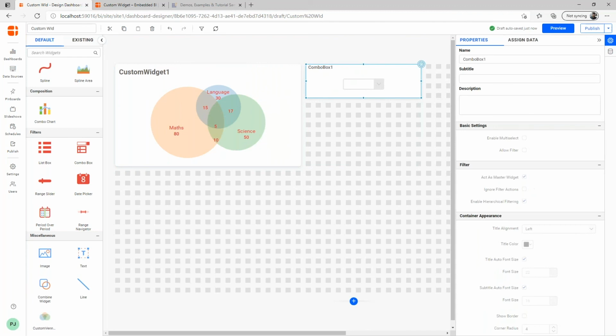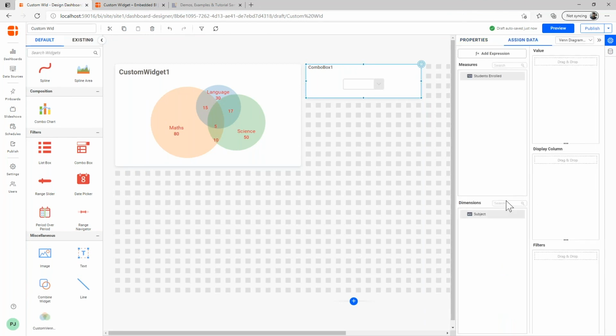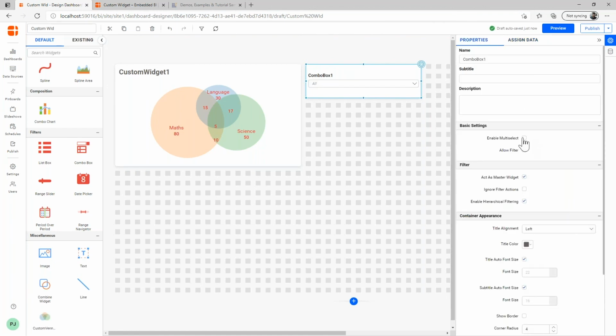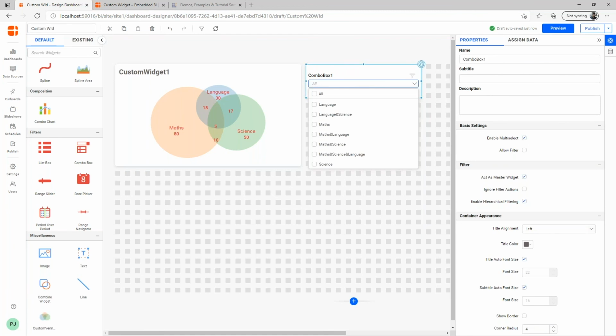This is a filter widget. Every time I add this, it is going to act as a master widget by default. In the assign data section, I'll drag and drop the subjects to the value. Let me also enable the multi-selection option in the properties panel, so I'll be able to see and filter the values.